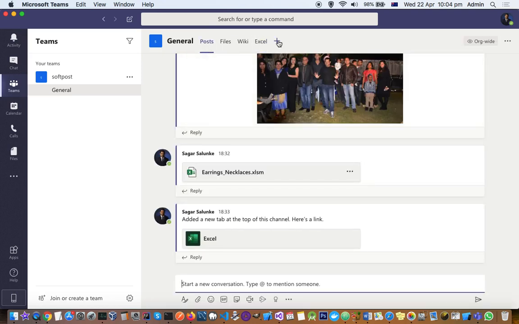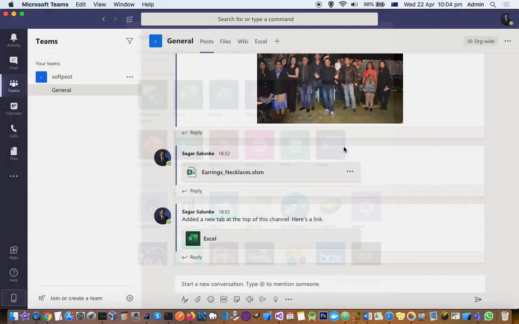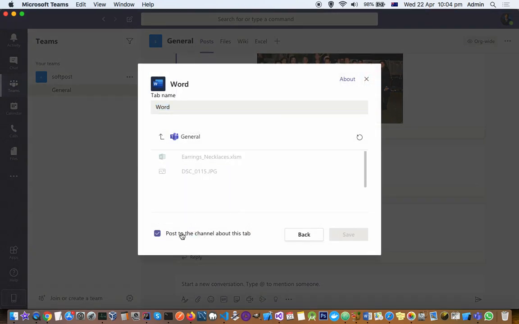For that you have to click on the plus button, and then you can see that there are different types of apps that you can add in the form of tabs. For example, let us say you want to add the Word tab so that you can view the Word documents right within Teams. Then you can click on Word, and then